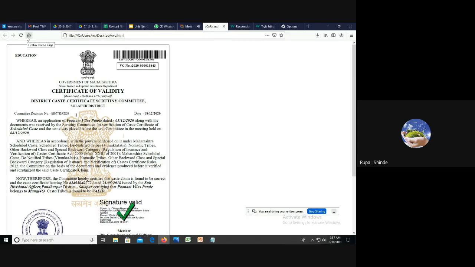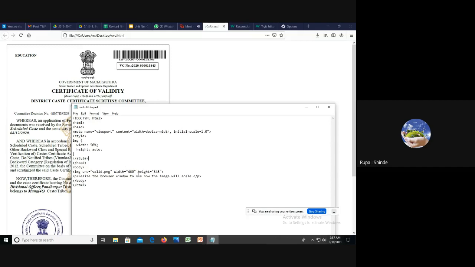So accordingly, it will display the image at 50% of your browser size. Are you getting it? There is no need here to specify width and height of the image again, it is not applicable. It completely depends on this size, which indicates the browser. How much percentage do you want to occupy on the browser? Okay, I want 50%. So if the browser has 100 pixels, only 50 pixels are going to be occupied by the image.